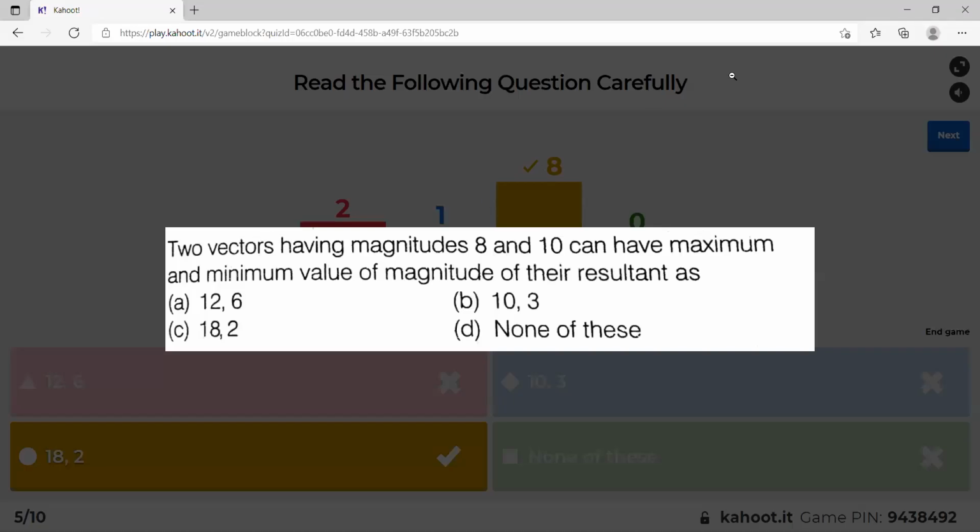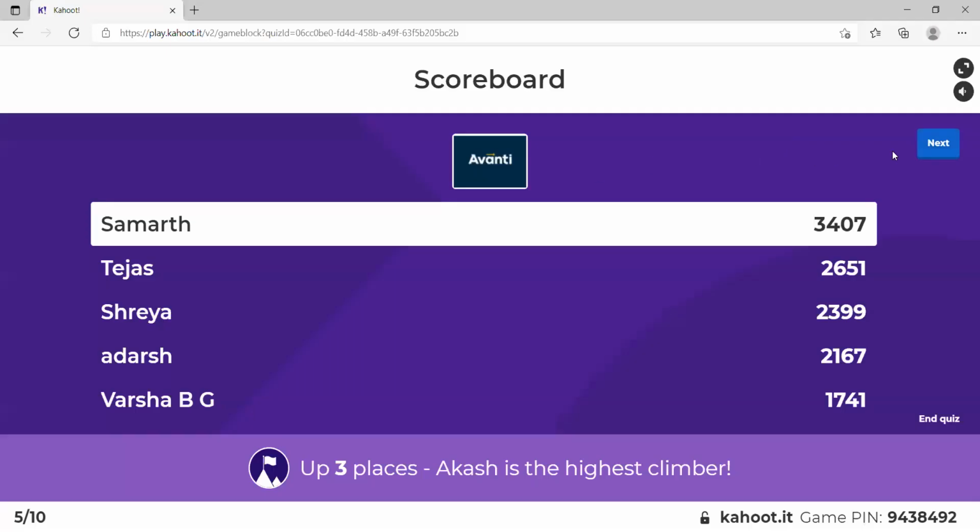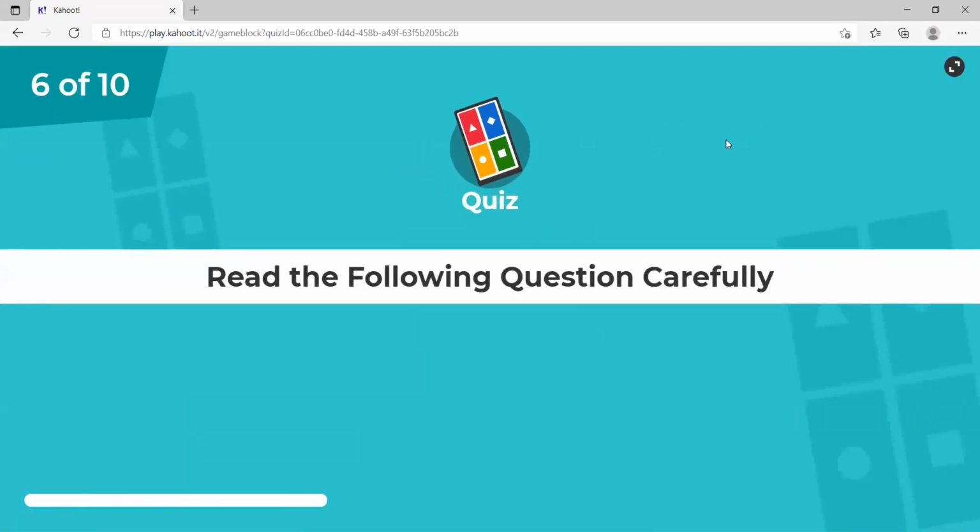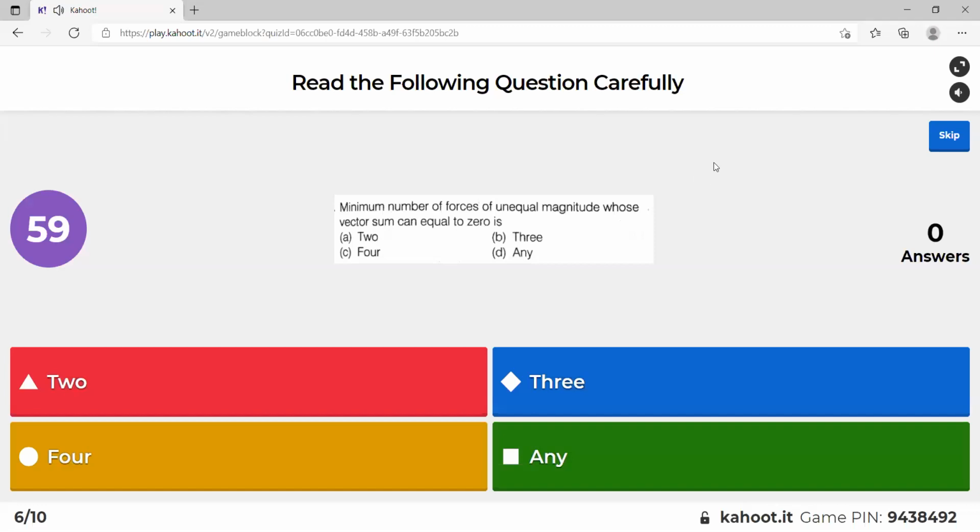So here, for two vectors having magnitudes 8 and 10, the maximum will be when we add them, and the minimum will be when we subtract them, right? And in all other cases, when the angle is other than 0 and 180, it will be between 2 and 18. That is very simple as well. The maximum of two numbers is 18, and the minimum is the subtracted value. The minimum can be -2 also. What is the difference between -2 and 2? That's just representing opposite direction. In terms of vectors we are dealing, we are not talking about the numbers.